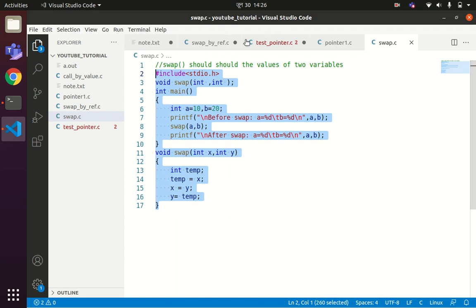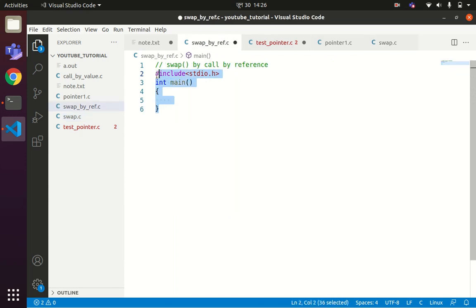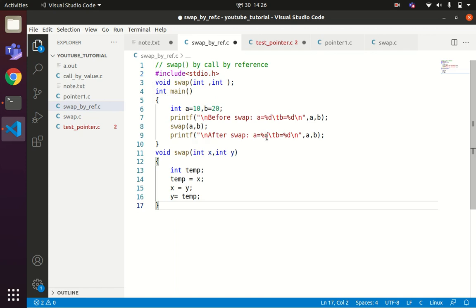Control C, control V. So this is the code that I copied from the previous code. Now since we have to use call by reference, call by reference means what? Instead of passing the values to the called function, pass the addresses: the address of a and the address of b.